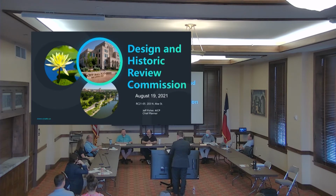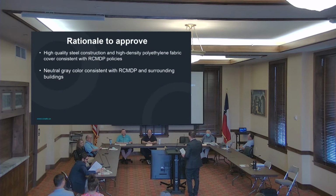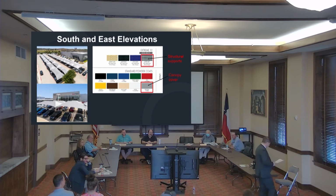Just curious, is this about the same material that they use at All American Dodge out in Sherwood Way? I believe so, and the applicant is here today to answer any specific questions on the structure and the materials. Well, that's survived, it's been up for 2 or 3 years, I guess, now. And gone through some hailstorms and so forth. I guess it's working. All right. All right, are there any other questions for staff? Any public comment at this time? If not, and there's no,